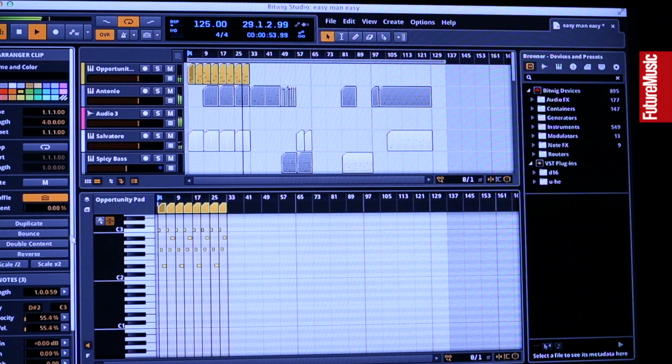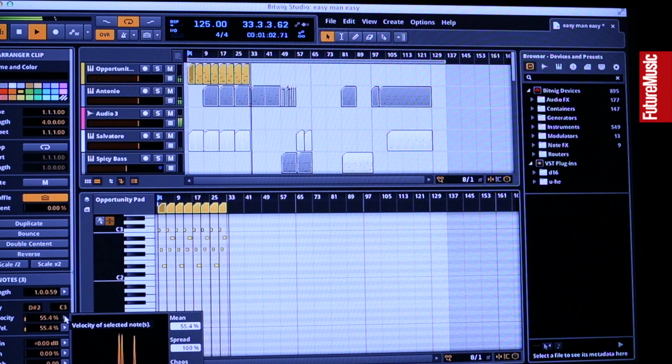You can apply functions like duplicate, bounce, double the content, and what is really interesting is we have little histograms that show you how you influence, for example, the velocity, like I'm doing now.